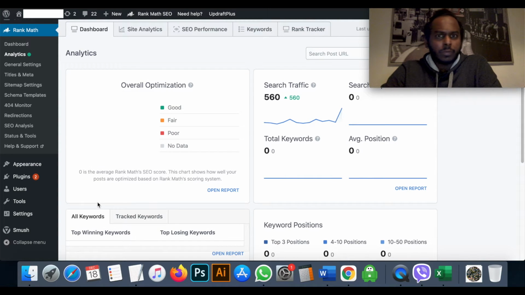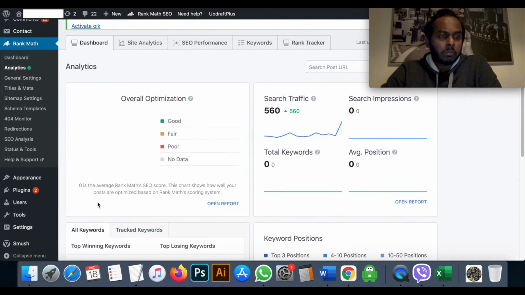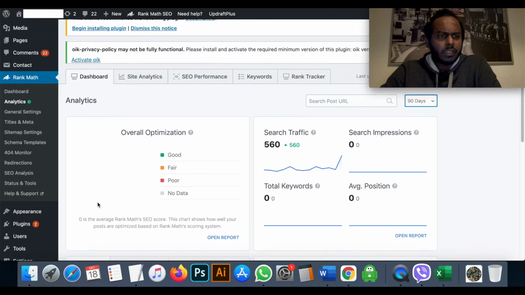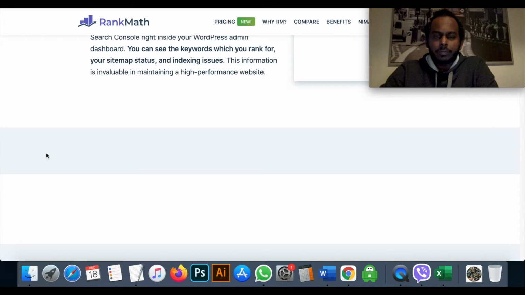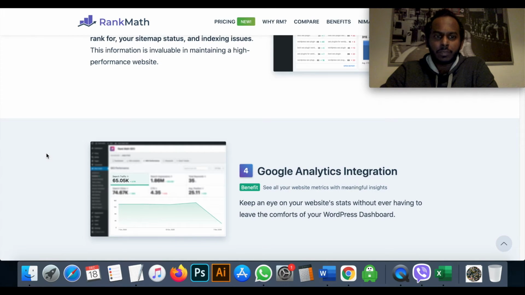I also tried to fix this problem, why Rank Math doesn't bring that data to this dashboard, but unfortunately it didn't work, surprisingly. Let's go to Rank Math. So many applications running.